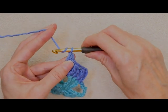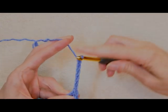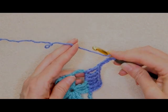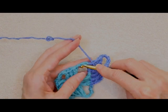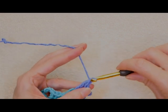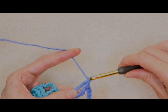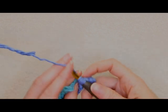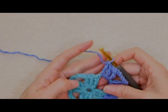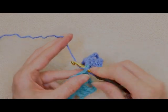Now we're going to chain 6 for our corner. 1, 2, 3, 4, 5, and 6. Wrap your yarn twice. Hold those loops on your hook with your finger so they don't slip around. And 3 more treble crochets into that corner space. 1, 2, and 3. Now into our trebles, 1 treble crochet into each, so wrap your yarn twice, and treble crochet, 1